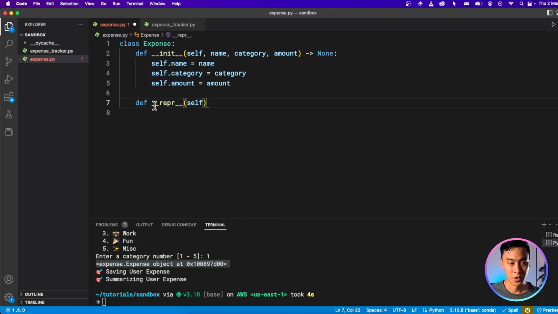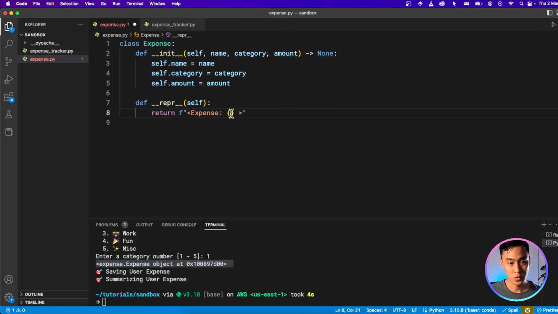So just type __repr__, and then self is the only argument it needs. And here we return a string that we want to show when we print it instead of this thing. So here I'm just going to write expense. Actually, I might put it into some brackets as well so that we know it's an object being printed out.